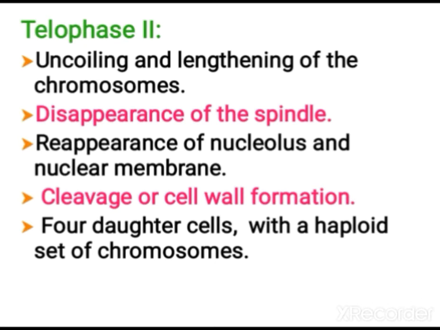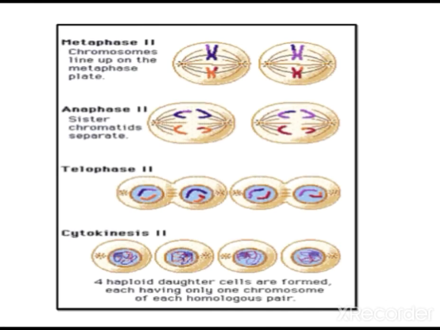This is exactly like mitosis. There is not much difference between these two. So this is the consolidated form of meiosis 2. Here the two daughter cells are there at the end of meiosis 1. Then they enter metaphase 2, then anaphase 2, then telophase 2, then finally cytokinesis. By means of cytokinesis, four daughter cells are formed. All are haploid in nature, and the number of chromosomes will be half that of the parent.